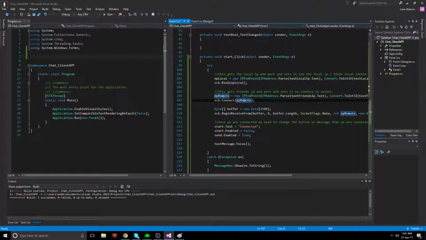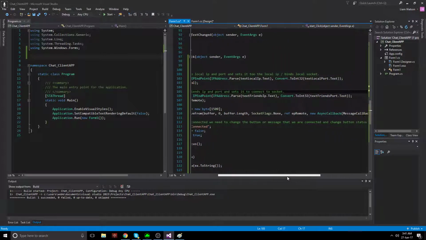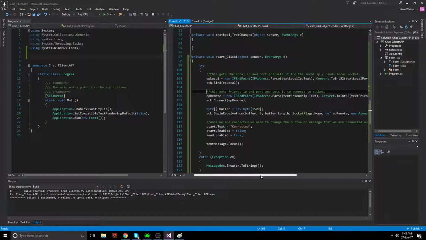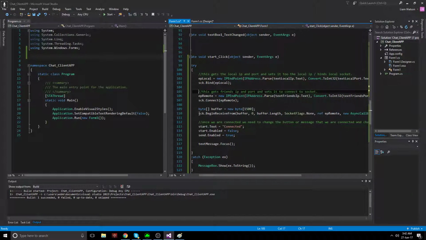And then what we're trying to do is send communications to the friend's IP. If you had two computers, you would basically have to find out each other's IP and then push it onto them. So if you had the two windows, I'd have to get all my details and his details, and then he'd have to get his details and my details, and it would have to be reversed. And then literally we're making sure that we're receiving